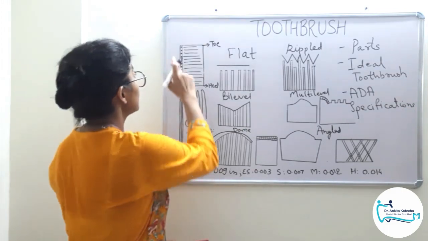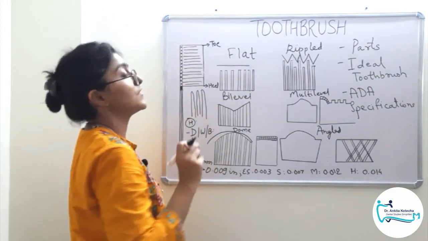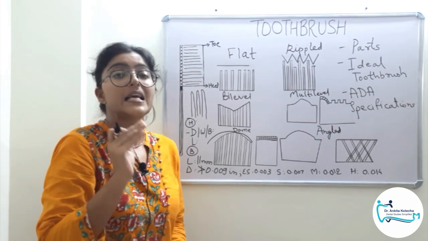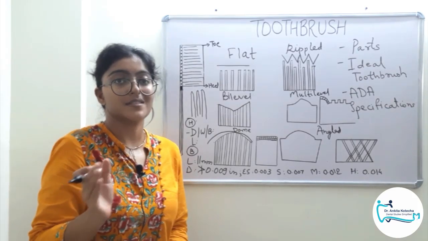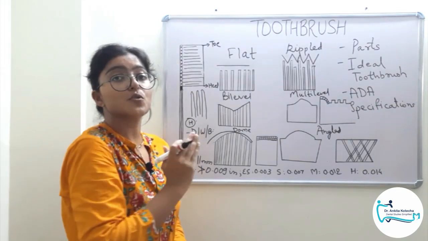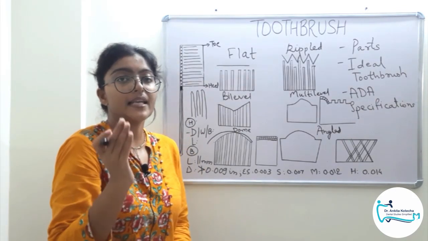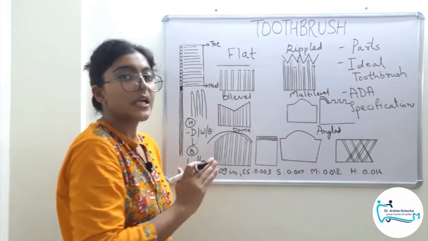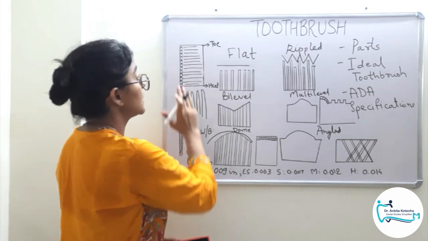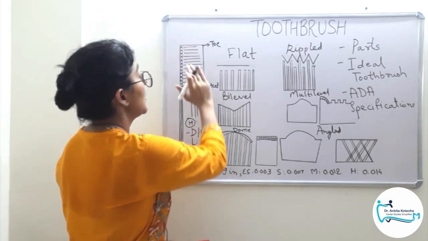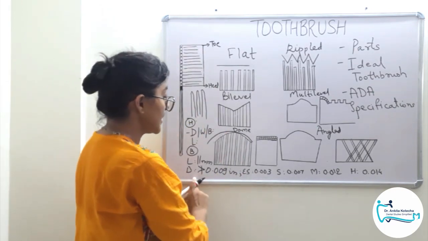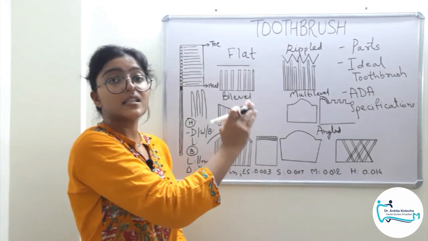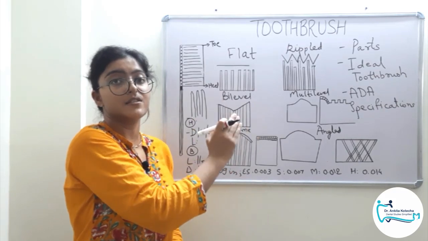Clear? And the last dimension is the dimension of the entire toothbrush, which should be 15 to 19 centimeter. That is 6 to 7.5 inches. This is the ideal length of the total toothbrush for an adult use. Anything shorter than that is pedo or junior usage. Clear? The dimensions of the head of the toothbrush and the bristles of the toothbrush, and the classification into extra soft, soft, medium and hard.